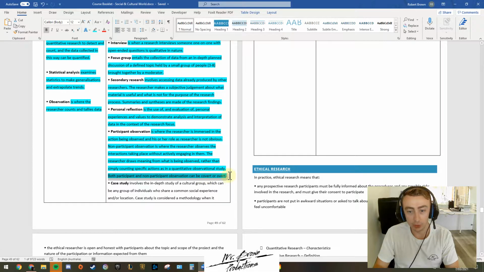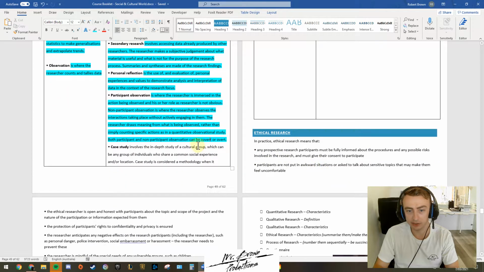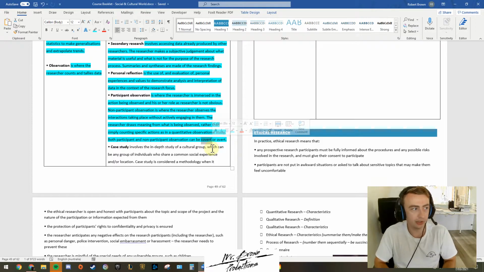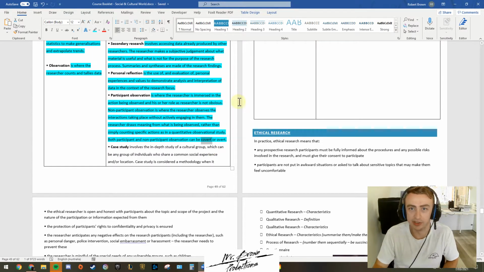Now, you are allowed to be, and this is an important part down the bottom here, participation observation can be covert or overt. So essentially we're going to look at ethical research in a second, but usually in most research you have to tell people what you're doing and why you're doing it. Whereas with participant observation, if you walked into that social group and said, hey guys, I'm just going to infiltrate your social group and figure out why you're not putting your rubbish in the bin, even though it's right next to you, that's going to affect the study. Okay, so you are allowed to be covert and not reveal, I guess, your identity or intentions